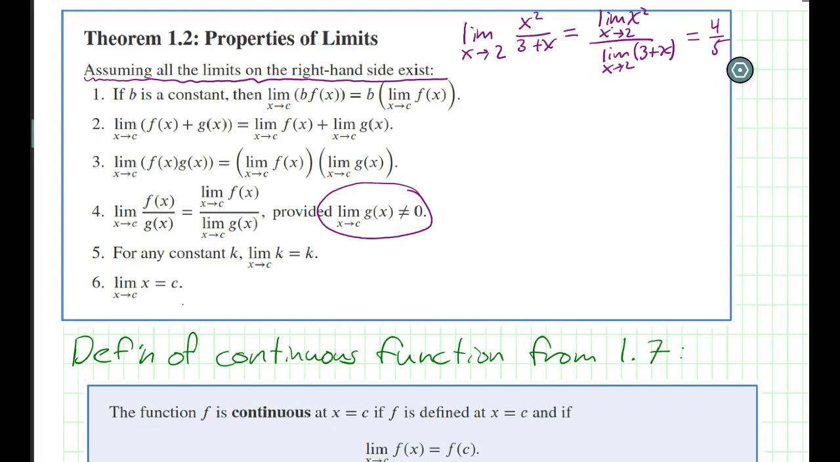So this doesn't apply to things where you have 0 over 0, for example. So the limit as x approaches 0 of, let's say, x cubed over x squared, the top is approaching 0 and the bottom is approaching 0. So this doesn't apply. So this equals, who knows, something. The theorem